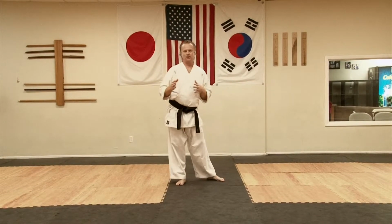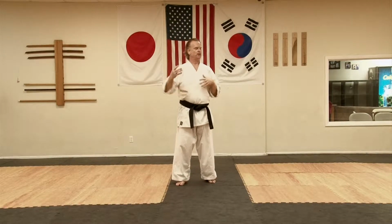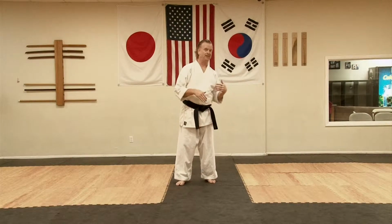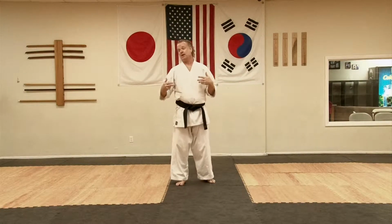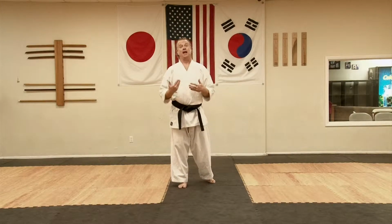They look more natural, with a lot of natural looking, pretty stances, 45-degree angles. The Palgwes, on the other hand, are more square. I think of them as being more industrial, so I used to practice those in my driveway. That's one good way to try to separate them. Nonetheless, when it comes down to it, Palgwe 6 and Pyongan 4 are very similar, and you just have to